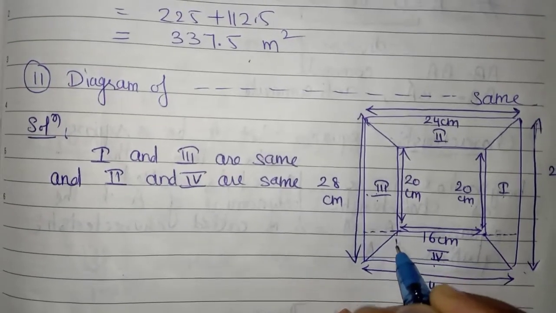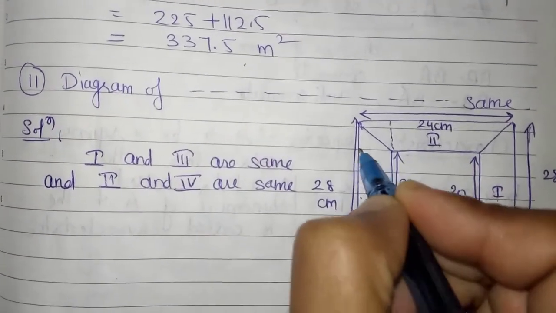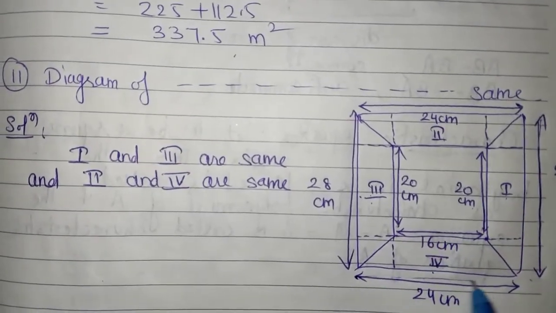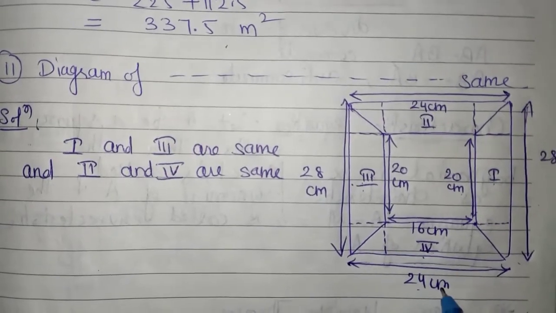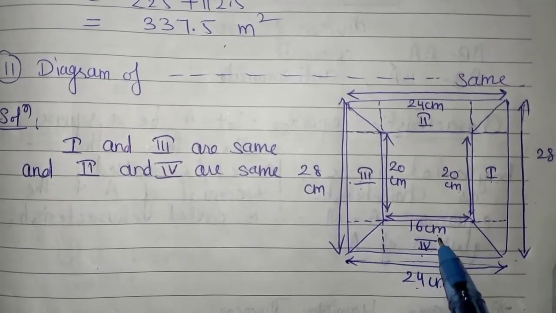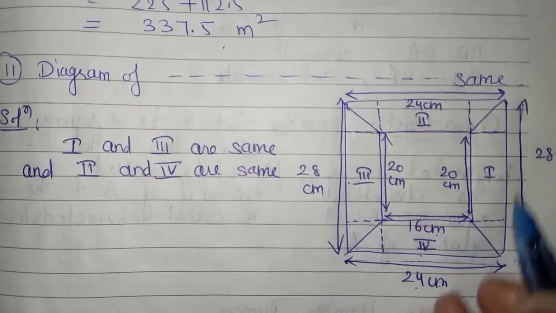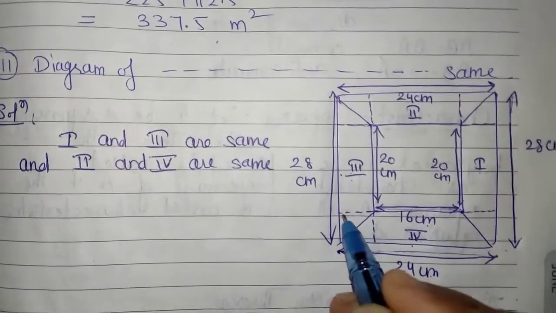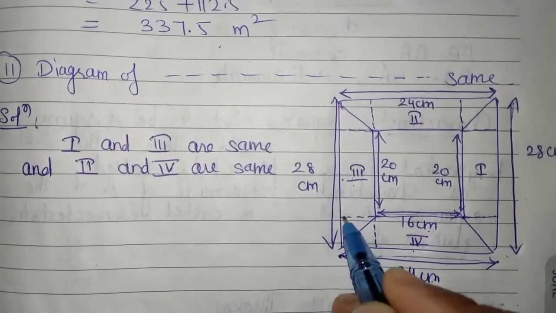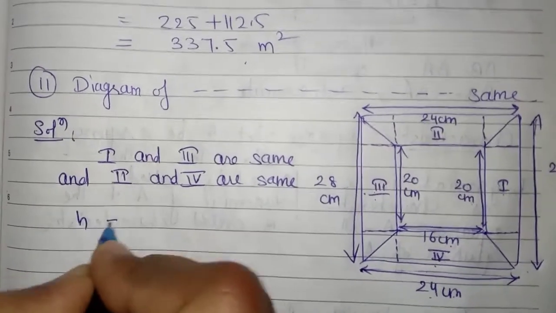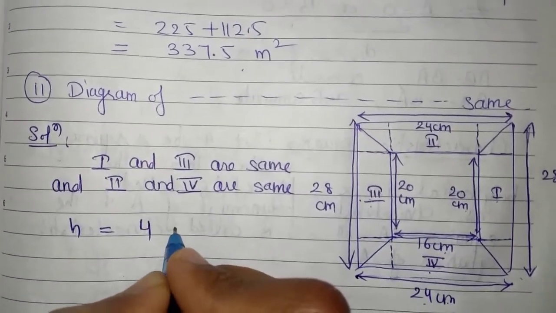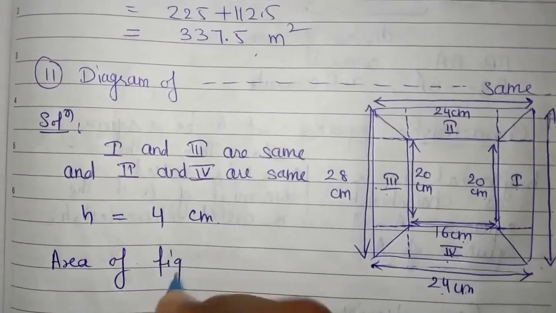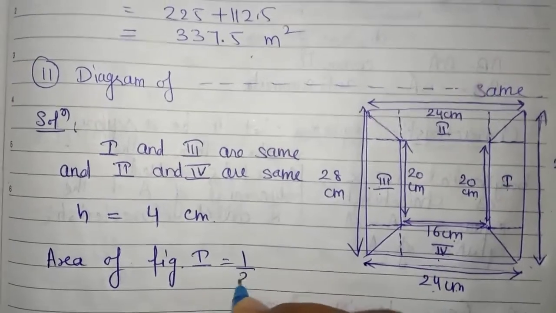So what will be the height? Firstly we'll check. Here we have this complete length is 24 centimeter and this much is 16 centimeter, and given in the question is the width is same. So it means 24 minus 16, we got 8. 8 and half of it, like 4 and 4. So here we have the height 4 centimeter. So we'll find the area of figure 1, that is half into